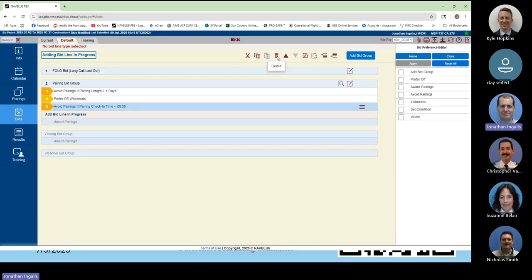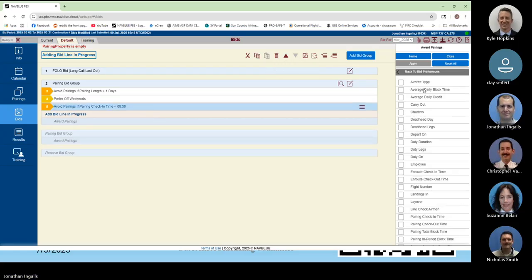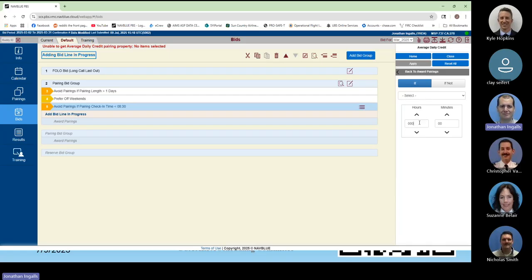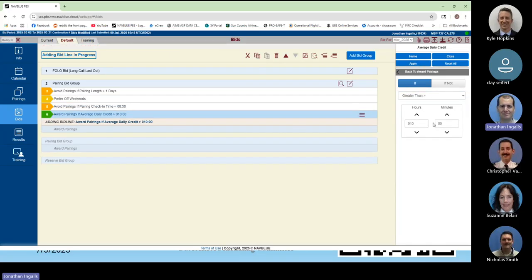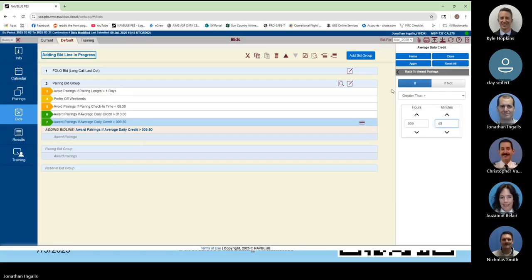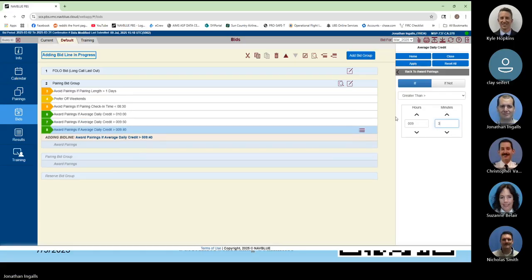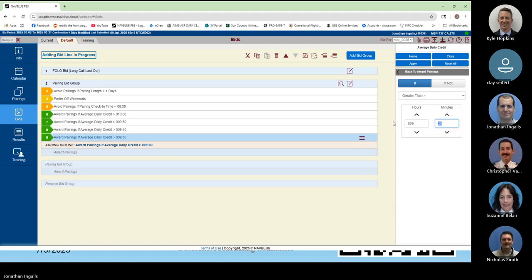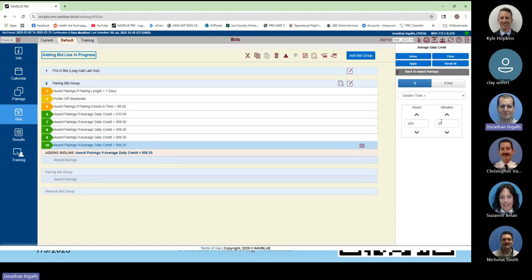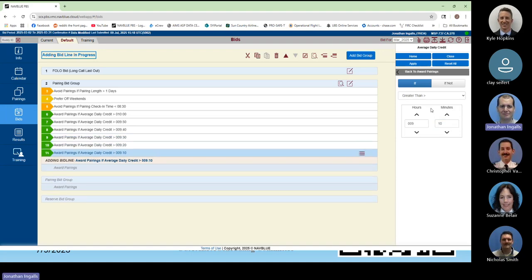But where that gets neat here, if I go average daily credit again, 10 hours greater than, this is where the waterfall is super convenient. Check this out, how fast I can do this. Now I go 9:50, 40, 30, 20, 10. I'm gonna go 8,